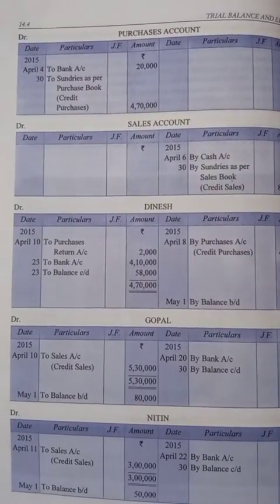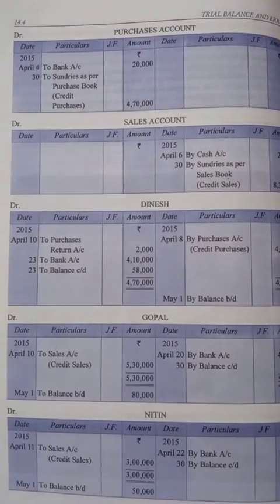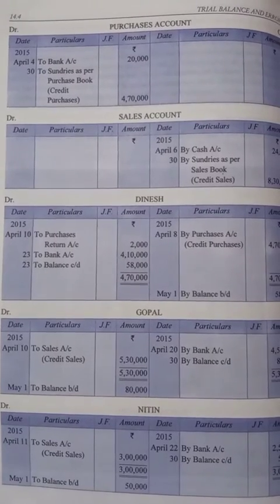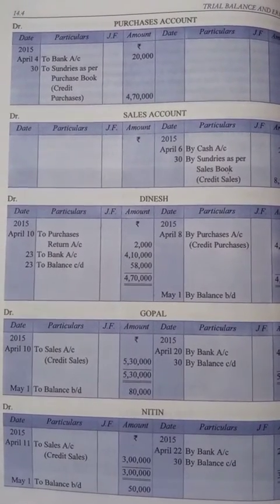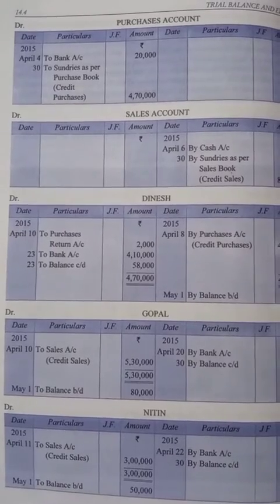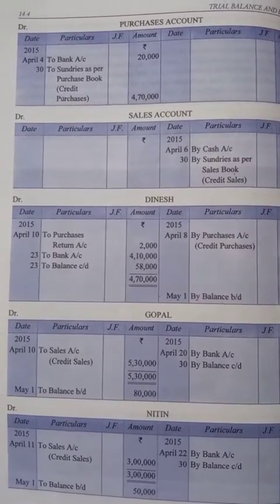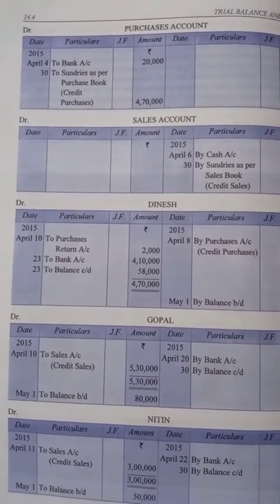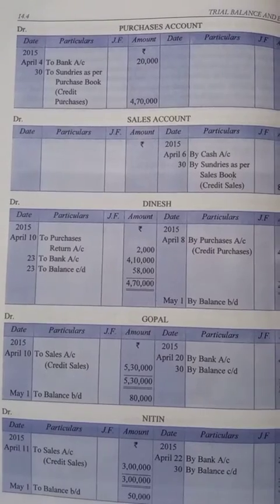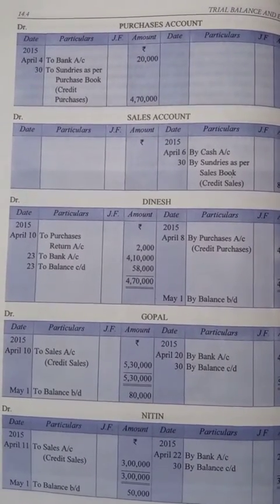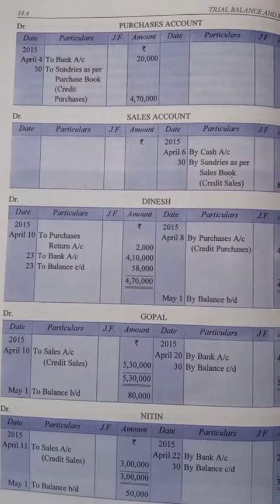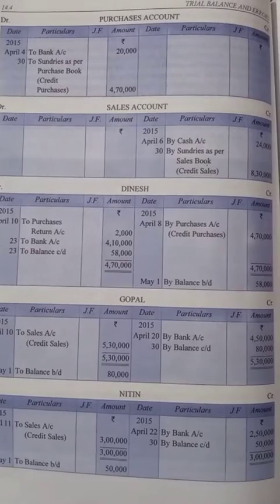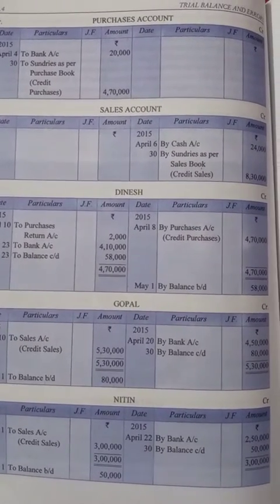Here we have the purchase account, which is not balanced properly. It is not closed, but we can see the last entry is of sundries as per purchase book, credit purchase 4,70,000. So the total includes credit purchases as well as cash purchases. Here they have also made a purchase in bank, through cheque. So the total purchase is 4,90,000. Similarly, in the sales account, there are cash sales and credit sales, so total sales will sum up to